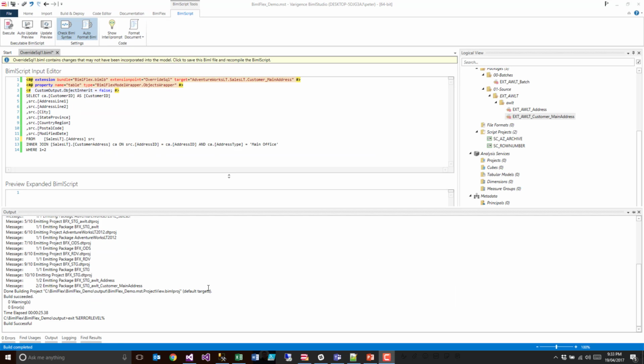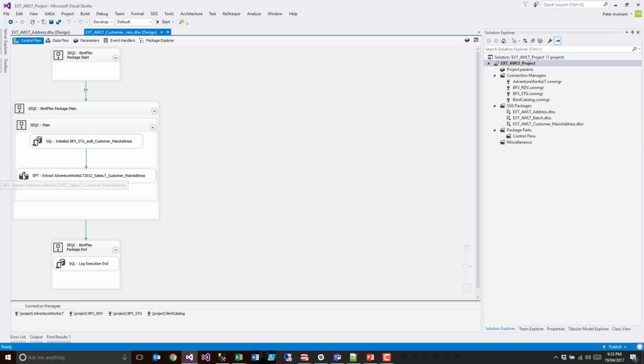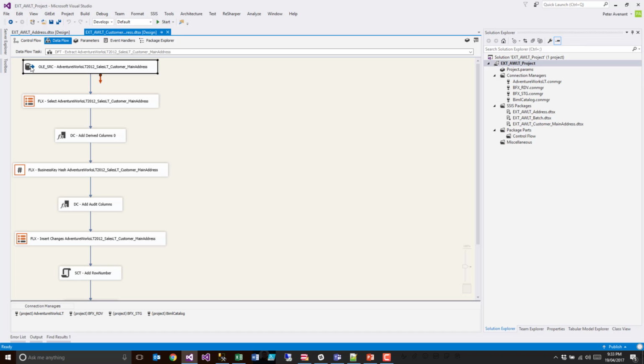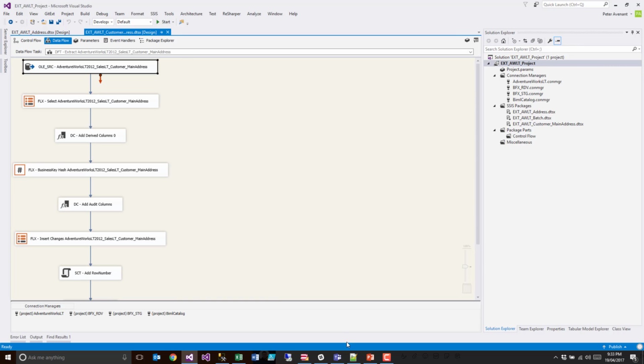All right, the build has just completed. I'll hit back over to Visual Studio here. Yep, we'll reload all and open up the select statement. As you can see, that select statement now correlates to the Overwrite SQL. So that's a real neat little way to do this if you have